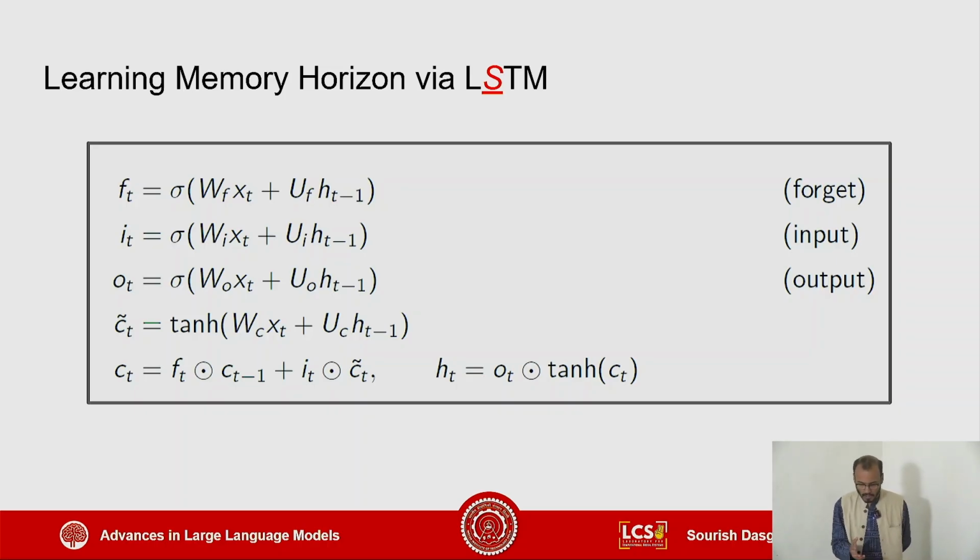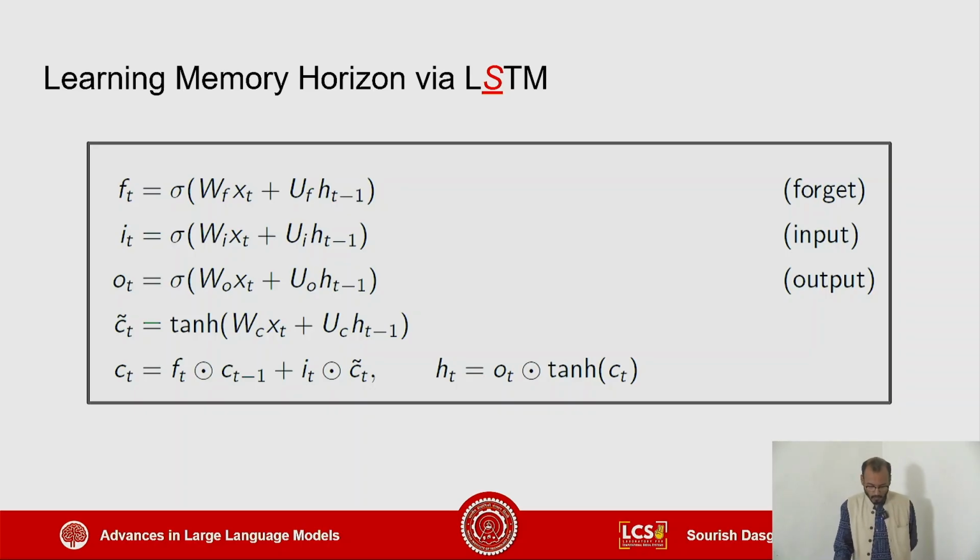So we said that we will have one kind of gate called the forget gate. And what would the forget gate do? It will try to figure out that if there is noise that is coming in as a part of the memory, I'm going to eliminate that noise. Or if there is something irrelevant that is coming in as a part of that memory or the history, I'm going to eliminate that redundant part of the history, right?